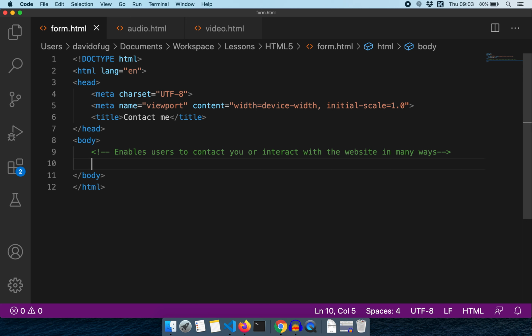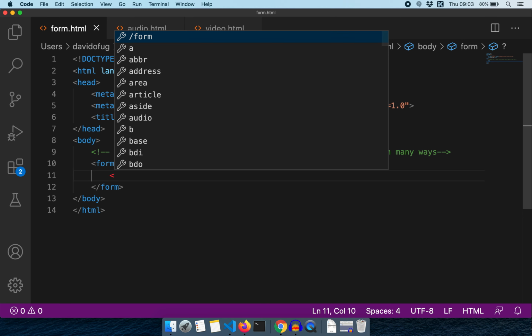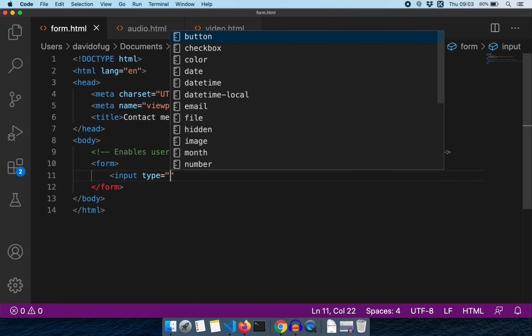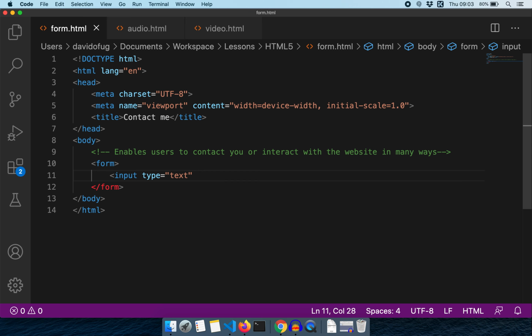So we shall go ahead with the form. You start with the form tag, and then you choose which elements you want. For example, if you want a text element, text elements usually allow alphanumeric characters, so alphabets and numbers. And maybe we want to collect the person's first name, so we shall put an attribute for placeholder, which will help the person to see